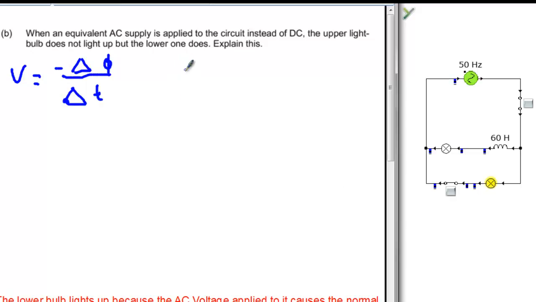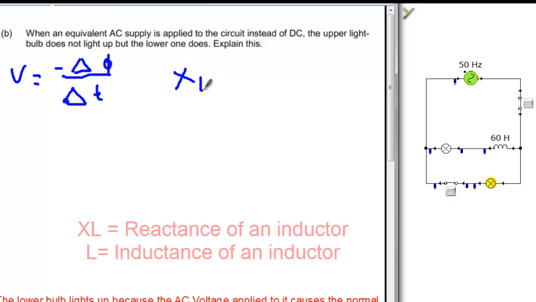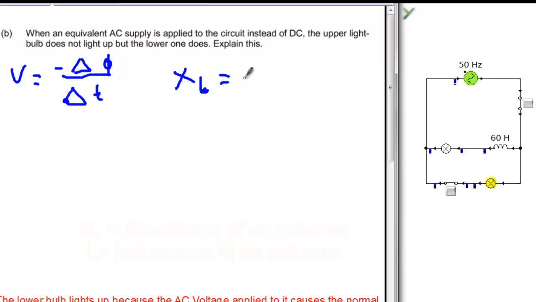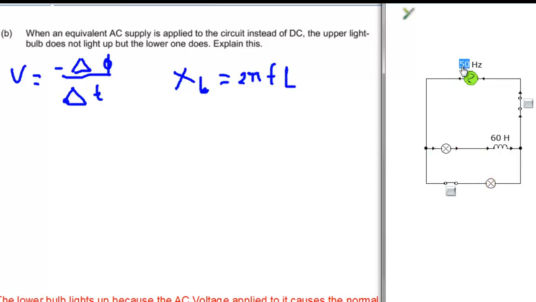When we do AC later on in the topic, you're going to soon learn about something called impedance and inductance. So inductance is like the resistance of the inductor, which is equal to 2 pi f, where f is the frequency, times this value, which is specific for every inductor. In this case it's 60 henries. So what that means is as frequency increases, the resistance of the circuit increases. So if I made that something like 2 hertz or 0.2 hertz, we can see that it does actually light up. But as frequency grows, the resistance, if you like, of the inductor gets bigger,